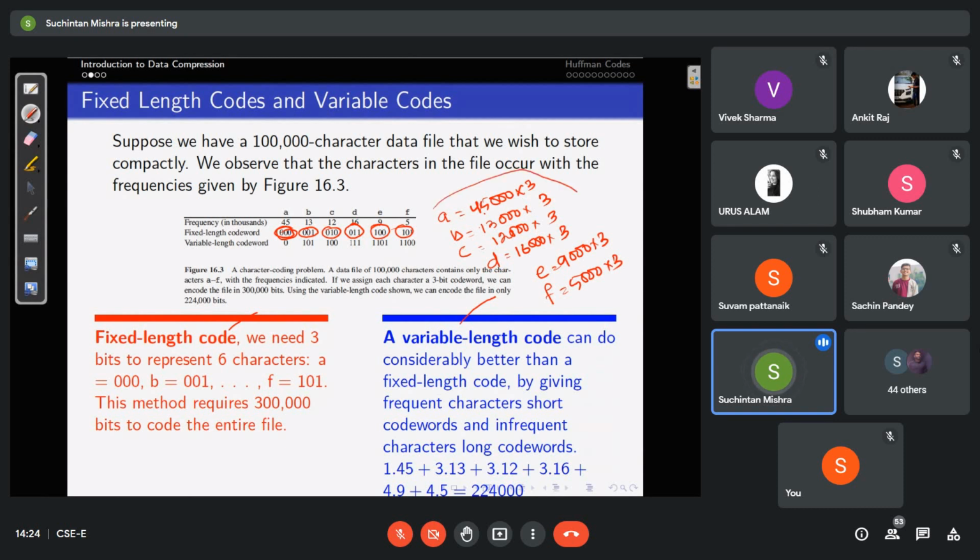Okay, so now for all these values, if I calculate the total number of bits, the total number of bits will come to be 300,000. A simple calculation. 10,000 characters are there. Each character is taking 3 bits. 10,000 characters will take 300,000 bits. Yes or no? Similarly, let us calculate the number of bits that are required